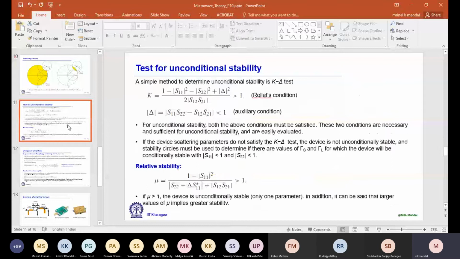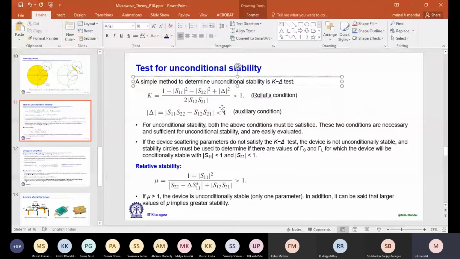Well, but here also, for this mathematical relationship for unconditional stability, we have an issue. It does not say anything about how stable the amplifier is. So basically, relative stability information is missing from this. So it was derived by another person, and we call it the mu test. In fact, if you go for RFIC, MMIC or any amplifier design, it is an inbuilt function in any software. This test is for the relative stability.